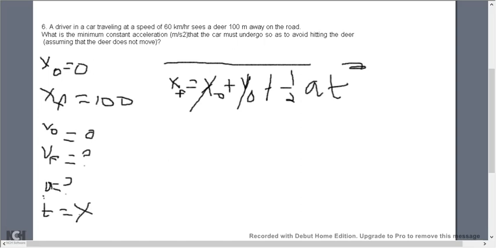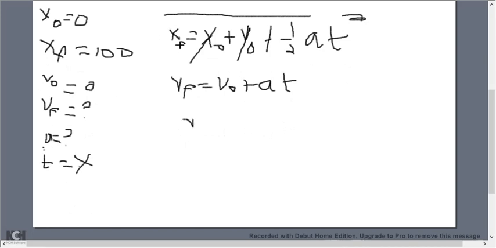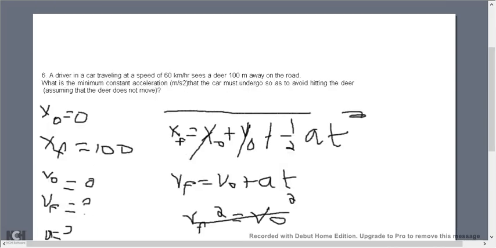We don't have a time. 2 unknowns. Can't use that one. Vf equals v naught plus at. 2 unknowns. V final and a. But if I use the third equation, I think, and find that final velocity, well, maybe let's see what happens. Plus at, 2as, going to be 2 unknowns. This last one's going to be vf